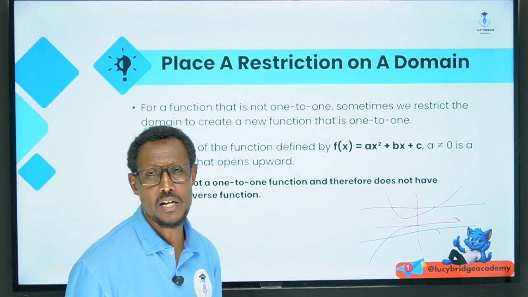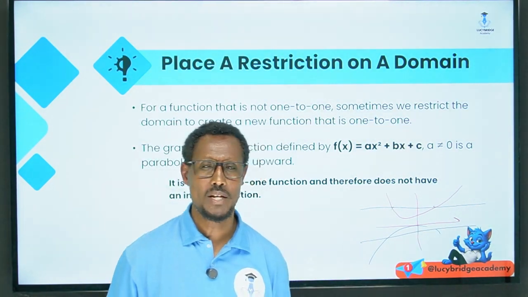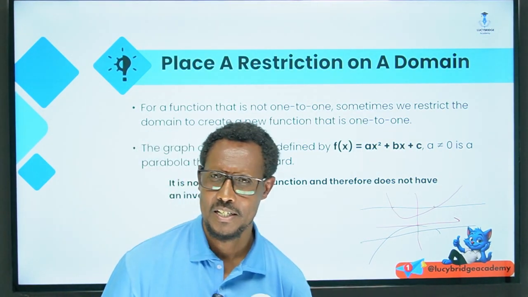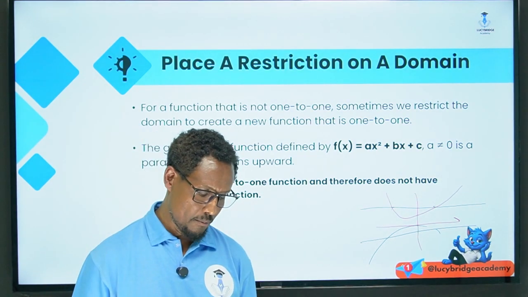እንደምታዩት ፓራቦላው whether it is upward or downward ቢሆን using a horizontal line test the line always touches the graph twice. That means the quadratic function is not one to one throughout its entire domain ማለት ነው።